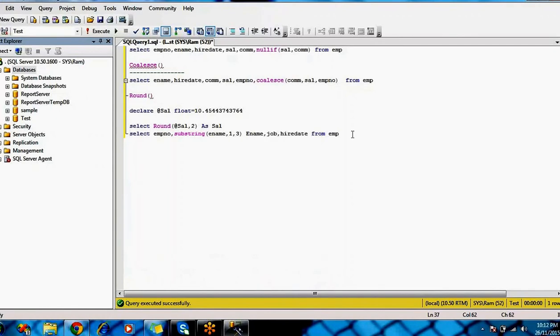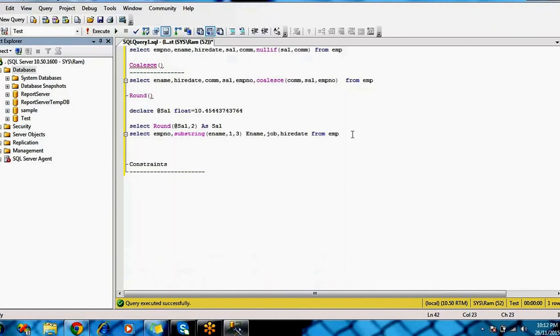Okay, right. So the next topic is constraints. What exactly are these constraints? A constraint is nothing but, whenever you are going to create any table, you are applying some rules on those particular columns.